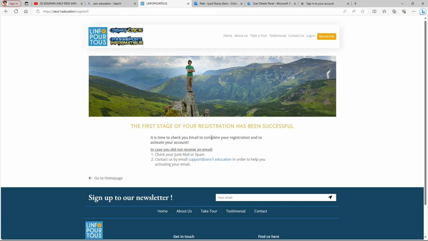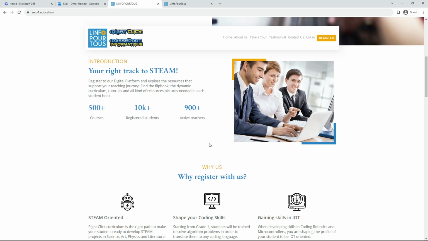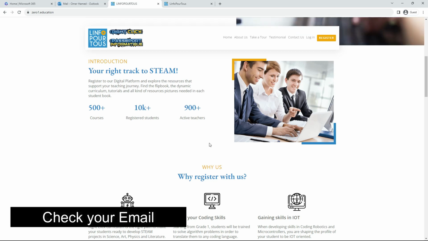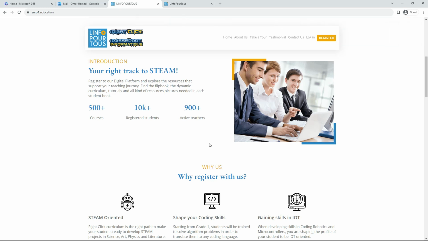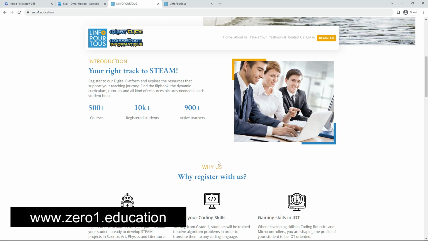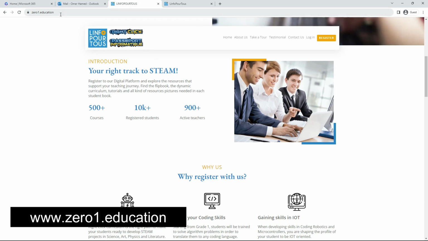You will find this screen. The first stage of your registration has been successful. Now the next step, you will check your email. Sometimes you receive the confirmation email, but sometimes you will not receive it. So once you submit, after that you can open again